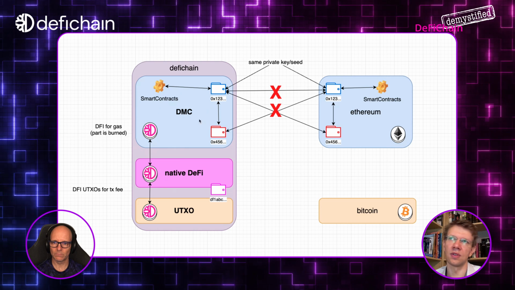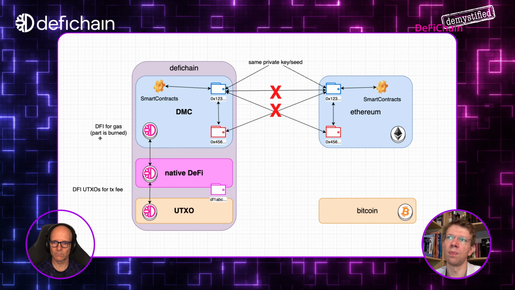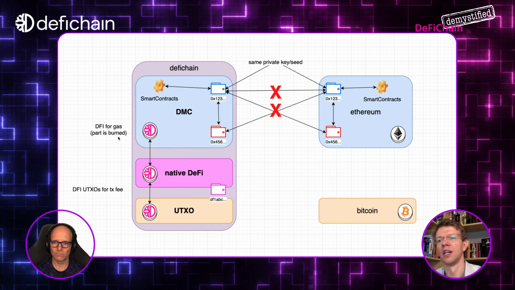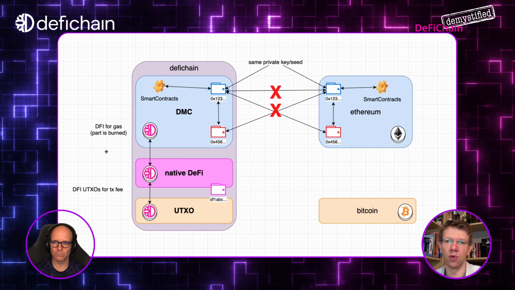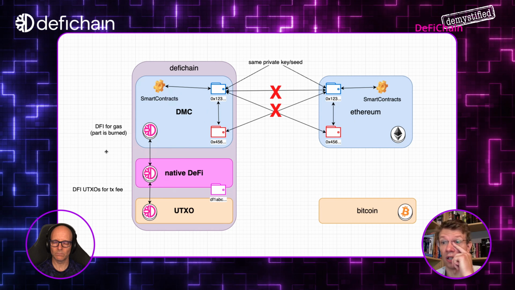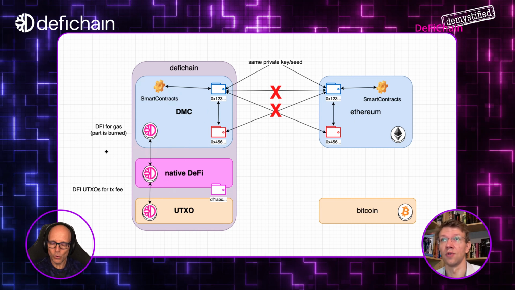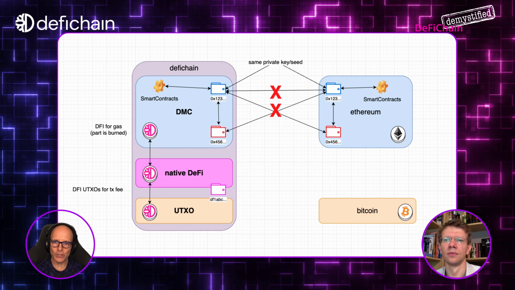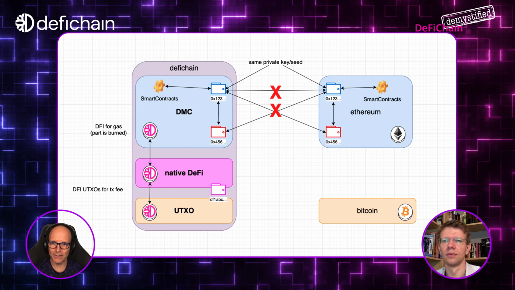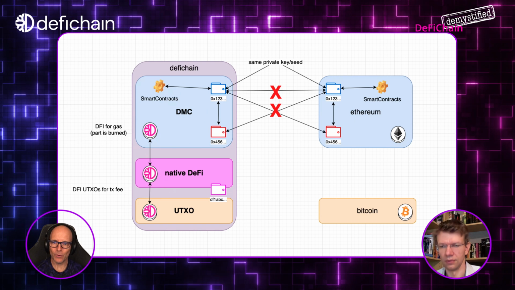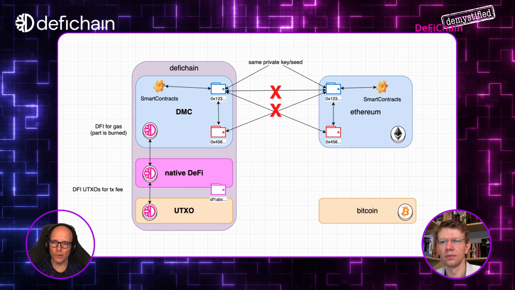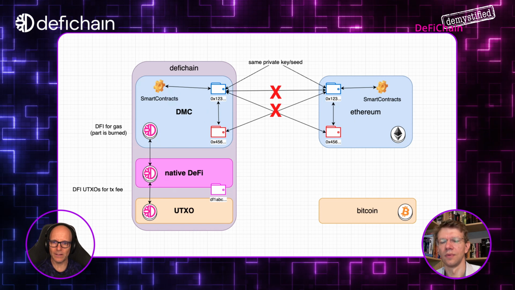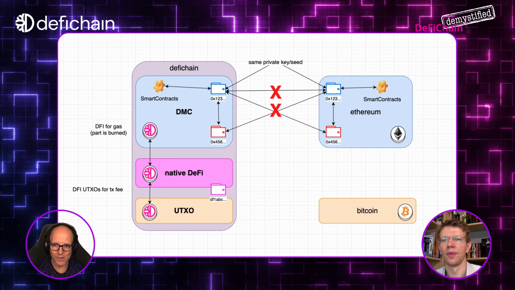And as they do it on Ethereum, we burn part of this gas fee from the DFI. So the more DMC is used, the more DFI is burned. And that's also something to consider regarding the future of the chain, because we know that Ethereum is a deflationary chain, at least in some months or some weeks, because the gas fees are so high and so much Ethereum is burned for transactions. That's exactly what could happen here as well, that the transactions are eating up the inflation